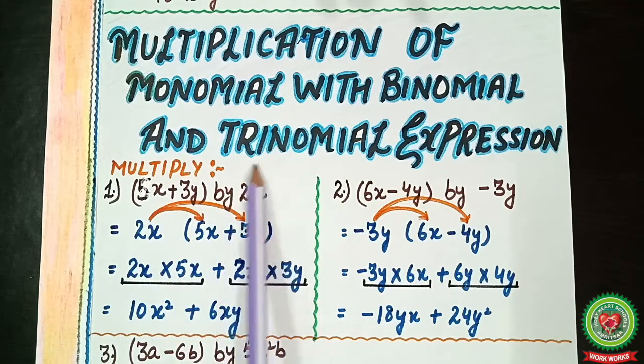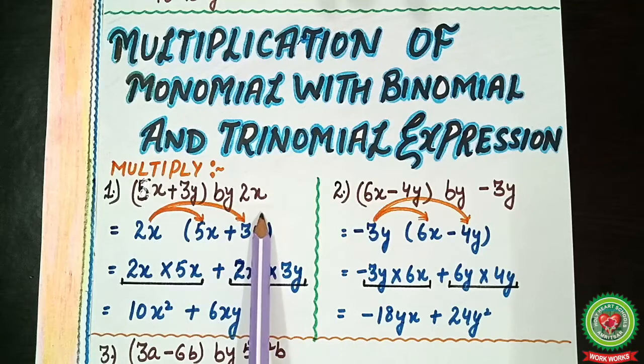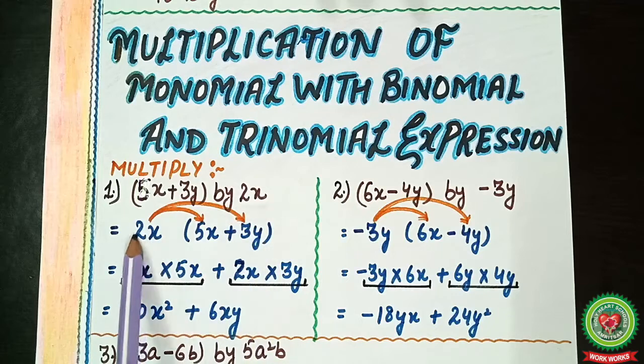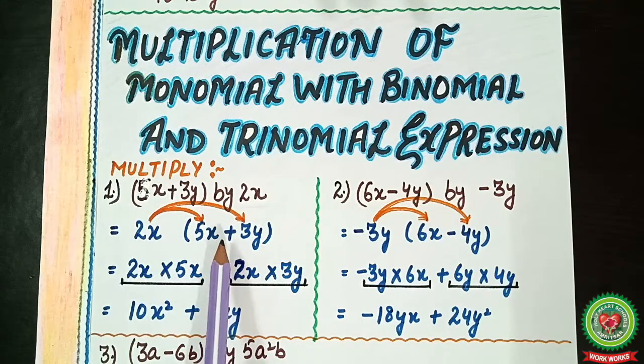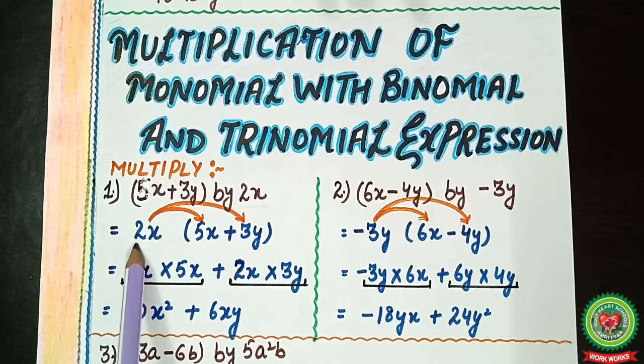And now which type of expression is this one? This one is a monomial expression. Why monomial? Because it contains only one term, right? So here we will multiply a binomial by a monomial expression. You will start your question by writing the monomial first and the binomial at the second place, right? Now I am not putting any sign. You can put a multiplication sign, because we know that if there is no sign between two brackets or between two variables, that means there is a multiplication sign. So I am taking the monomial and the binomial in one bracket, right?